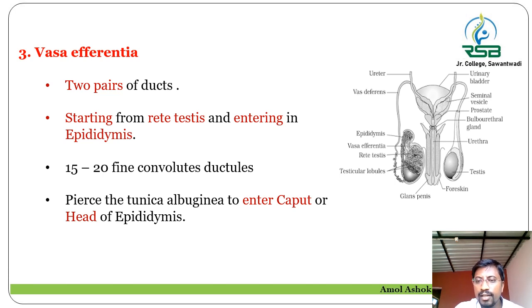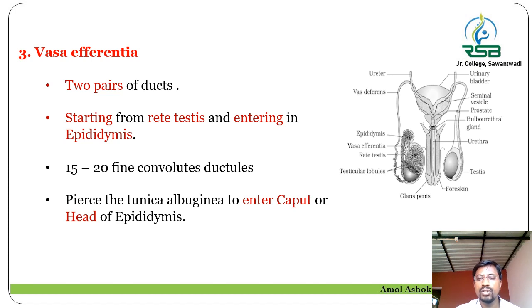That two ducts, a pair of ducts, arises from the rete testis and further opens into the epididymis. That vasa efferentia is made up of 15 to 20 convoluted ductules, and the vasa efferentia enters the epididymis at the part which is called the caput epididymis, or the region of the head of